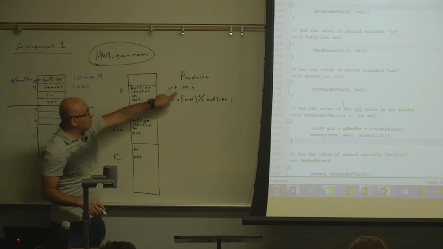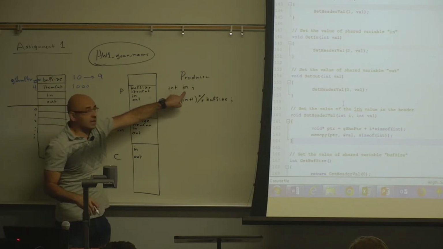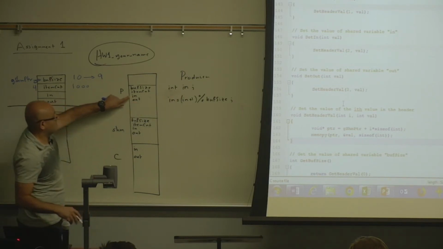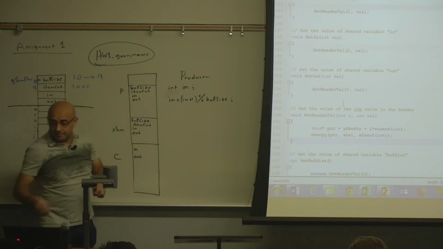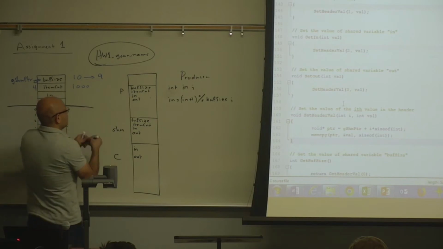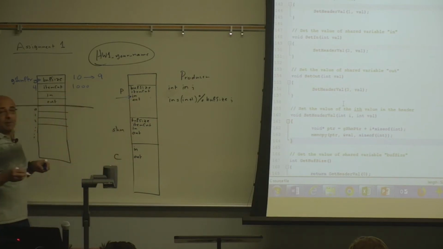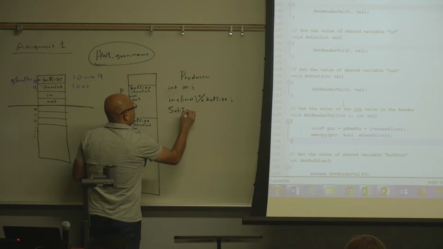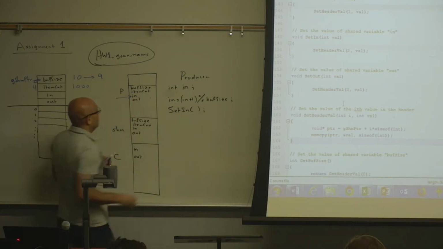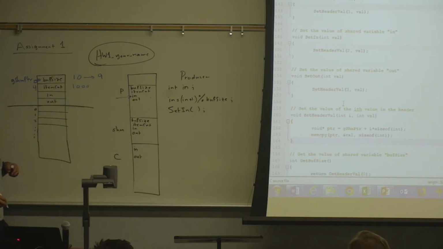Now this is a local variable named in the producer address space. So when you increment this in, you just increment this. Does the consumer know about this? No, the consumer will not know about this. How to make the consumer know about this? Set in. Yeah, so you need to do set in. If you don't do set in, then the consumer will not know about this.